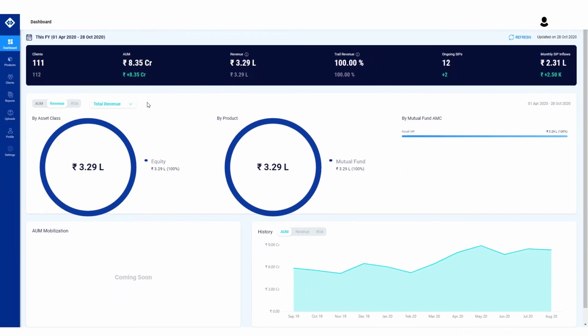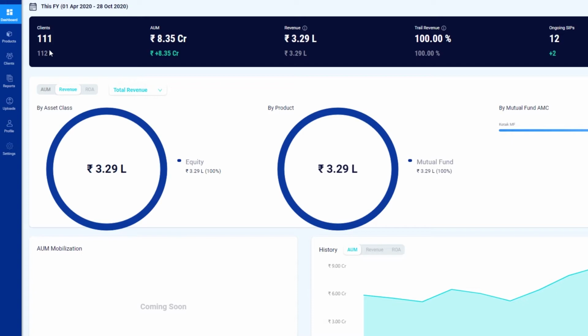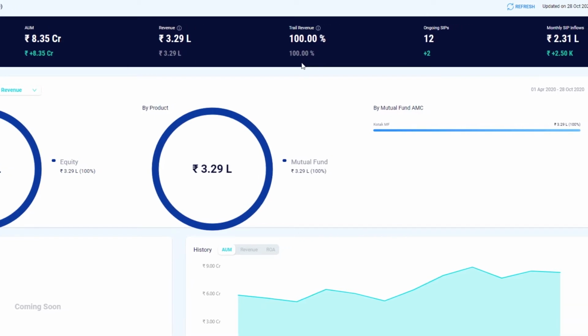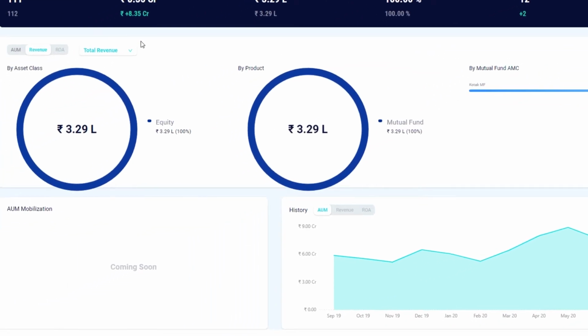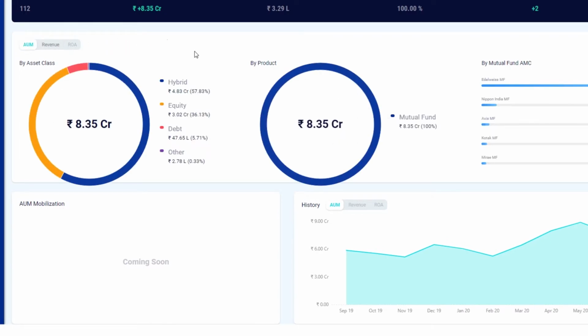In this snapshot, you can decipher client count till date, total AUM till date, revenue booked in the specific period, nature of revenue, trail or upfront, number of ongoing SIPs, monthly SIP book size. While the top row figures on the dashboard remain static, the figures below offer you a snapshot of the incremental business within the specified period.